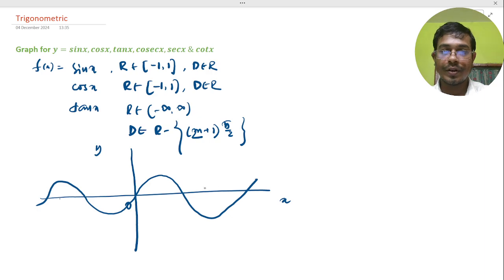And this one is pi, this one is 2 pi, minus pi, minus 2 pi,